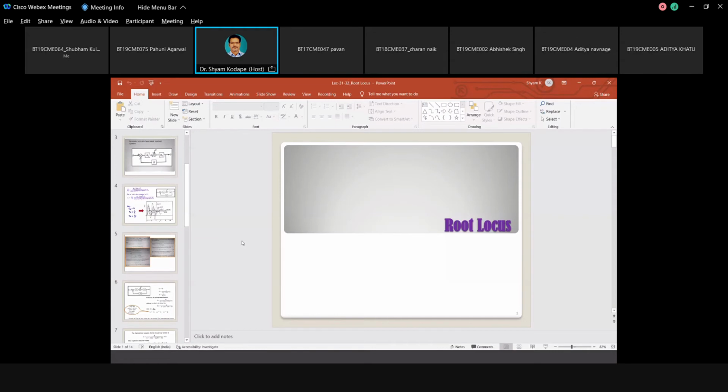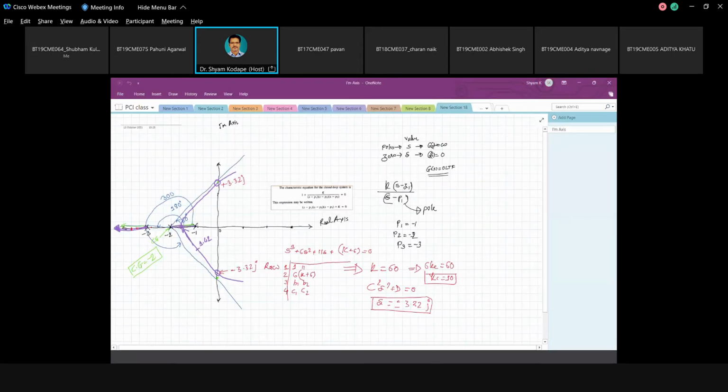In MATLAB, we can plot the same graph. An example has been shown in Kafner itself with coding. We can identify the same nature of the graph. What we call a root locus diagram, we can draw with the help of MATLAB itself. So this is a very essential part of any control